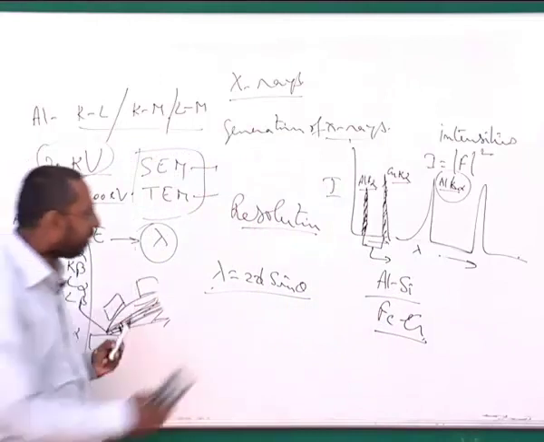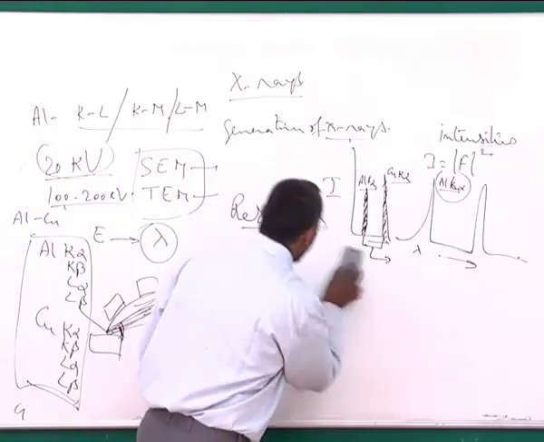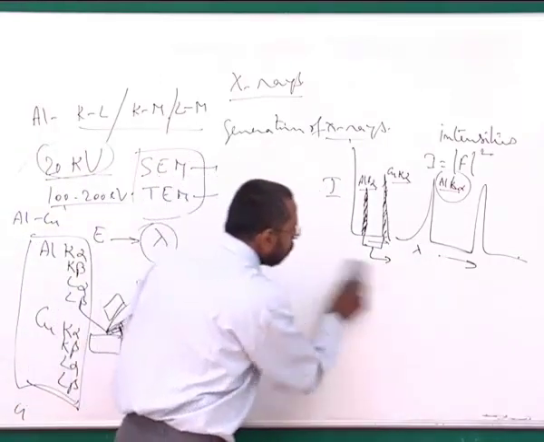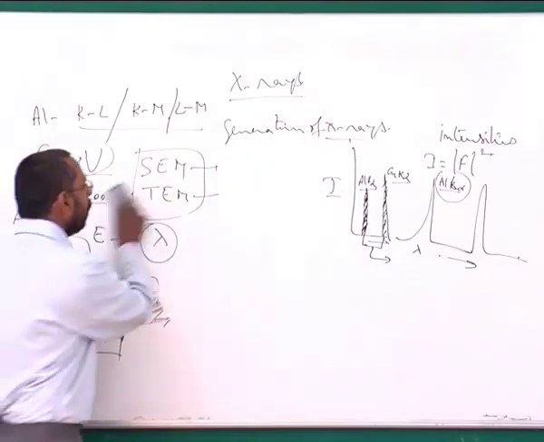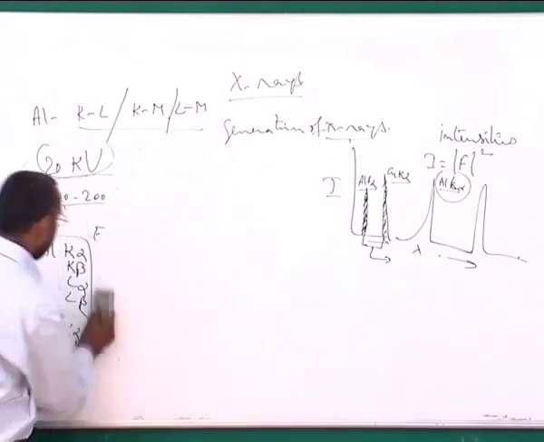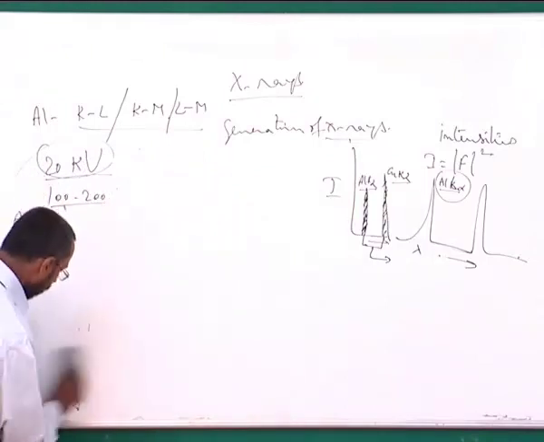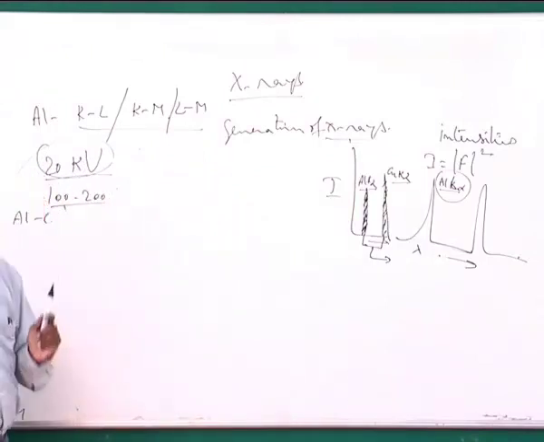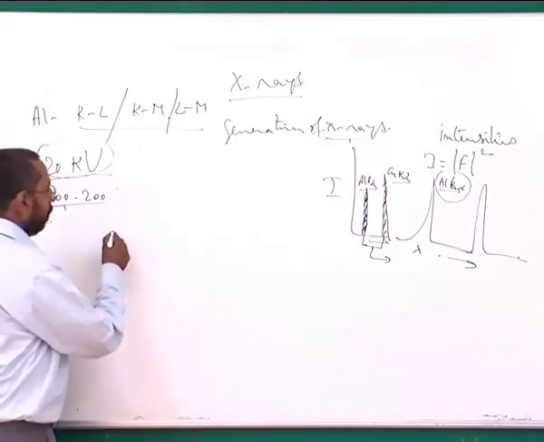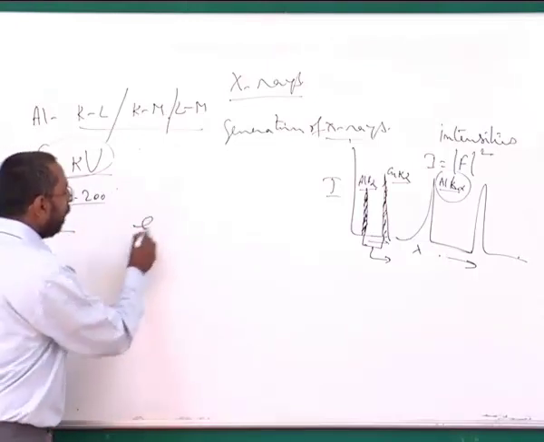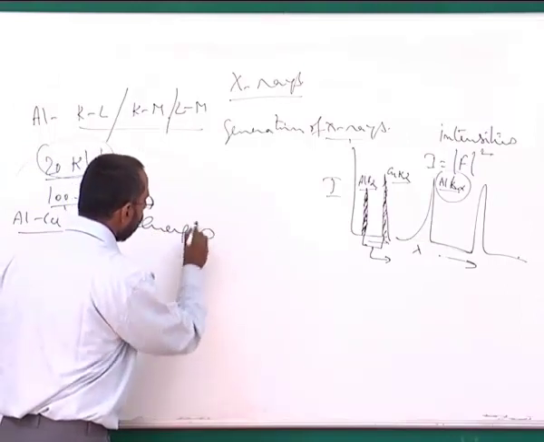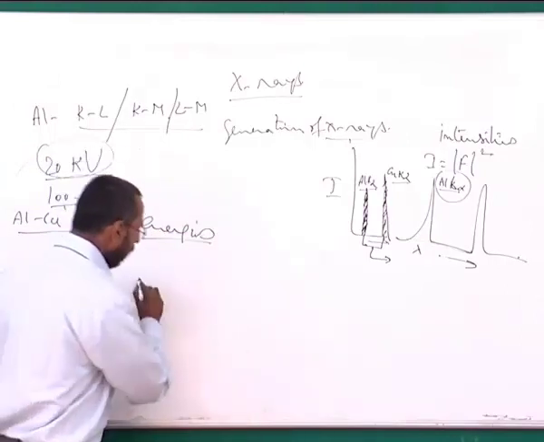Whereas the next technique that we are going to talk about, which is EDS, has this problem that the resolution is limited. And here what we do is we use the energies of these X-rays. As we said, these are all various K alphas that are coming out, starting from whatever aluminum or copper K alpha. So different energies are coming out.